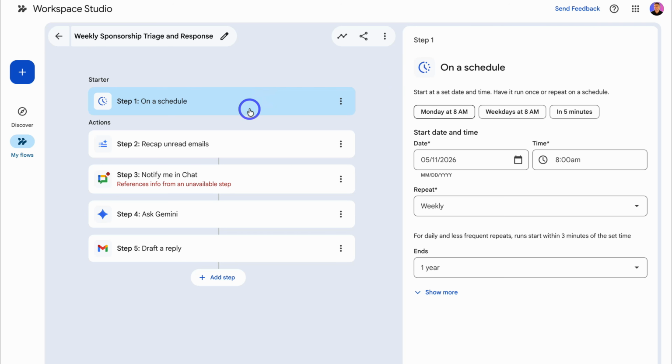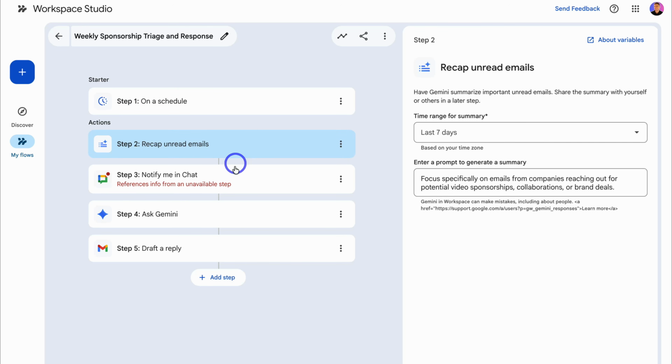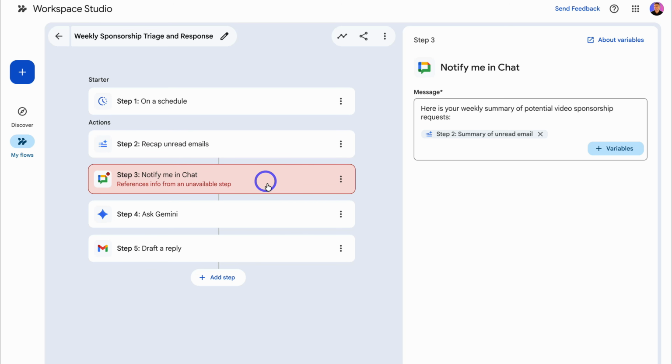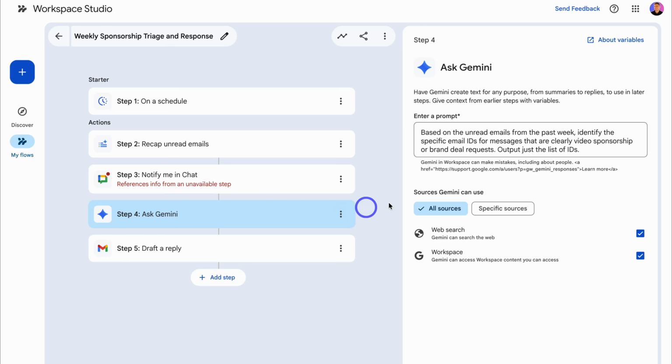Gemini has created a starter on schedule, similar to the previous flow that we created. On schedule, when this is going to trigger, then there's a recap of unread emails, notify me in chat, which needs to be set up correctly. And then we're asking Gemini to pull out this information based on the unread emails from the past week, identify